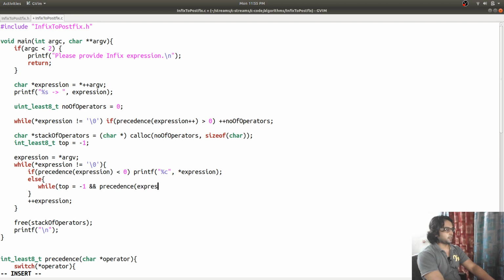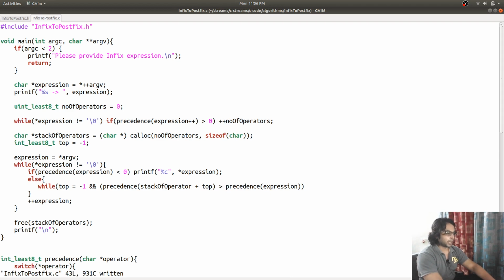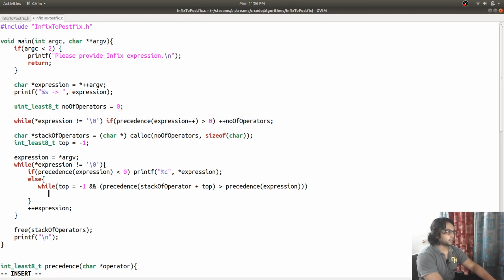the expression here is less than, or say that precedence of a stack of operator plus top is greater than the precedence of the current character, or the character under process, that is, the current operator under execution. Then we need to print f